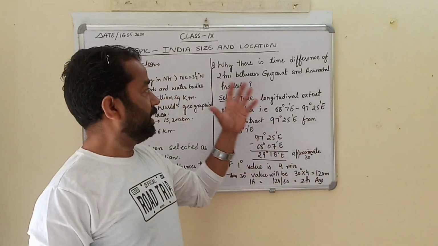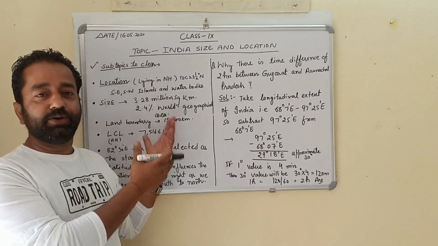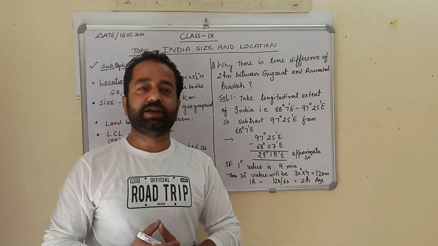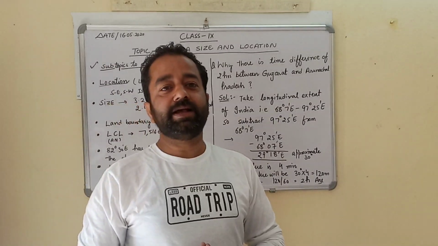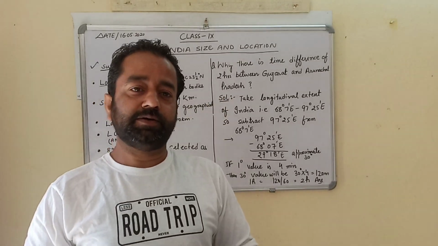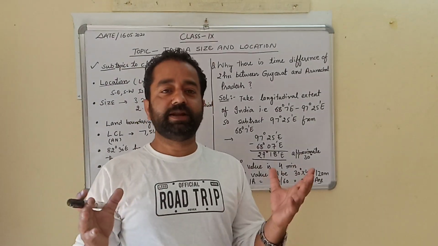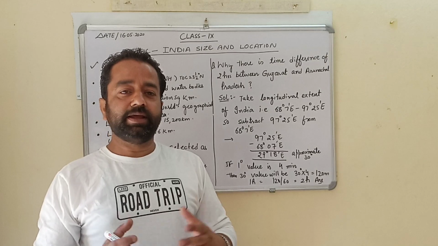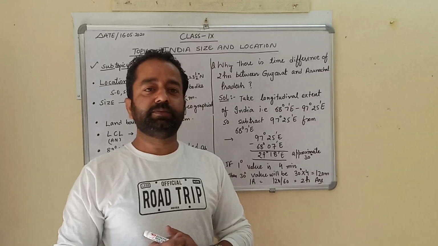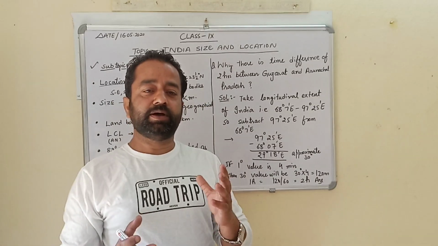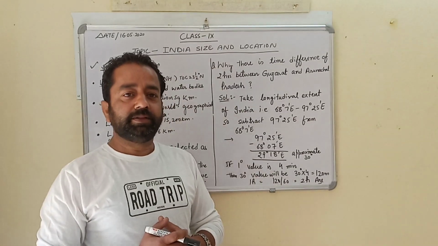Before here I have written some key points of this chapter. Before introducing these key points, I would like to tell you more about India. India is a vast country, as you know very well. It has achieved multi-socio progress in the field of agriculture, science and technology in the last 15 decades. It was done due to cooperation, due to a good education system, and due to the cooperation of Indians. So that is why